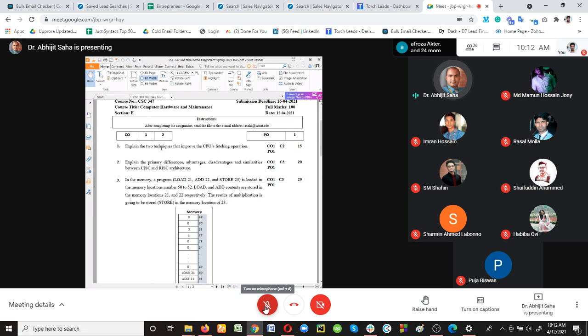For improving the fetching, what are the two techniques there? Can you hear me? Anybody? Pipelining, sir. One of the techniques is pipelining, and second,